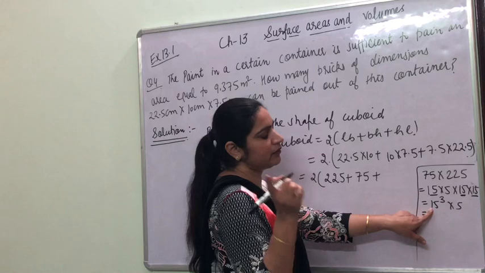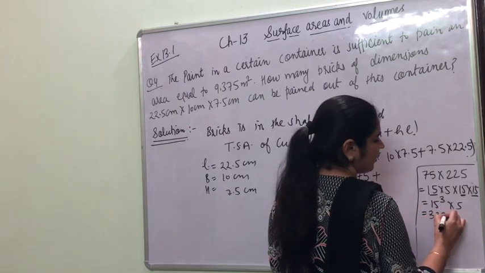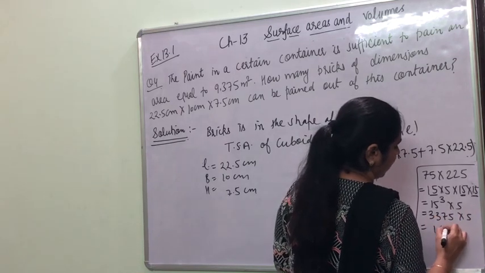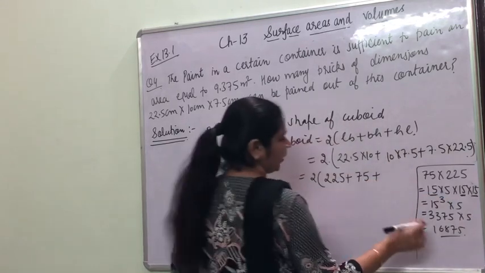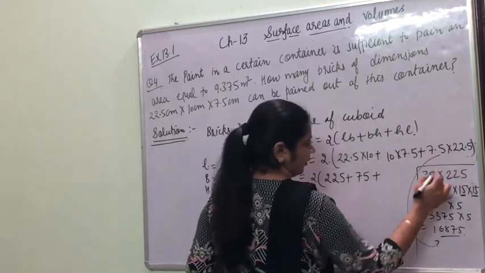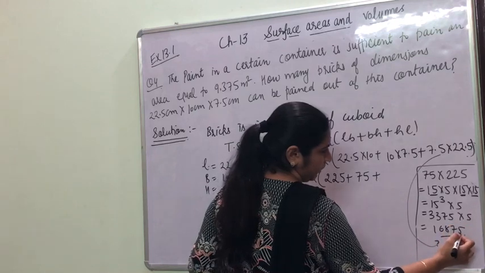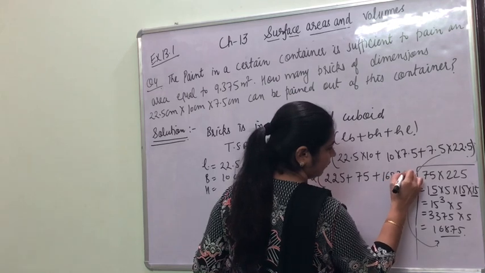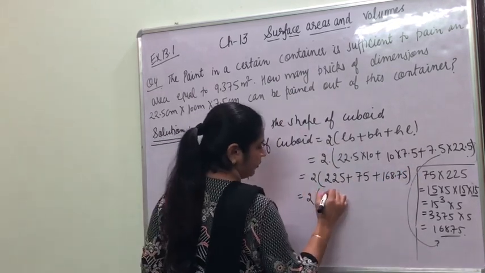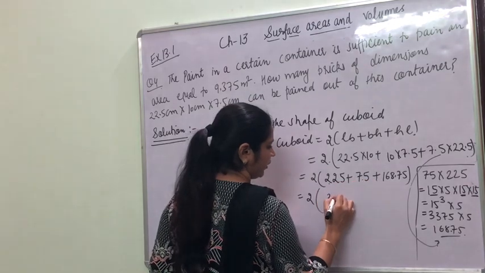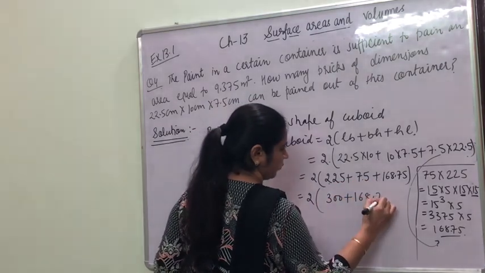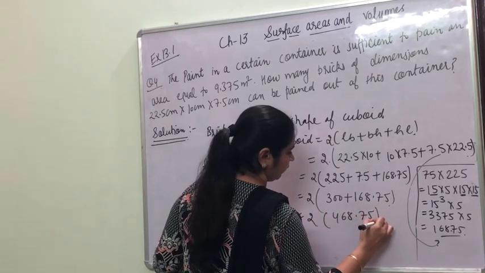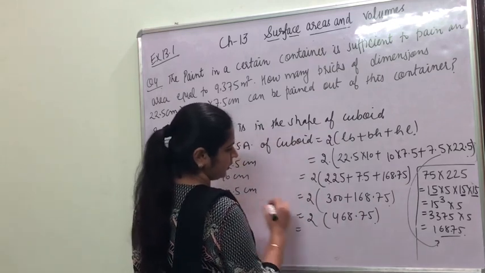You all are aware about 15 cube. In 8th standard you have learned the cube. 15 cube is 3375 multiplied by 5 will give us 16875. Calculation work here I have done. Now we will place the decimal after 2 digits, 168.75. Now 225 and 75, 300 plus 168.75, which is equal to 468.75,